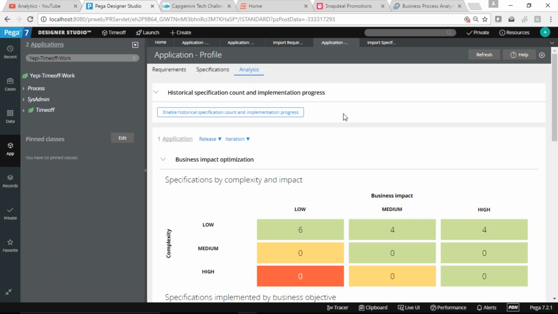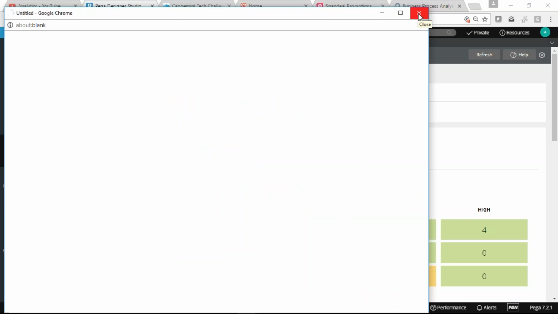So that's why I just added the column and I did not populate the values. Now that value you can see here, the graph shows in this way. High is 4, medium is 4. The report might come now. Oh, it's taking time, so there might be some delay. We can see that report because nothing is implemented. It will show you the correct picture of what is not implemented.